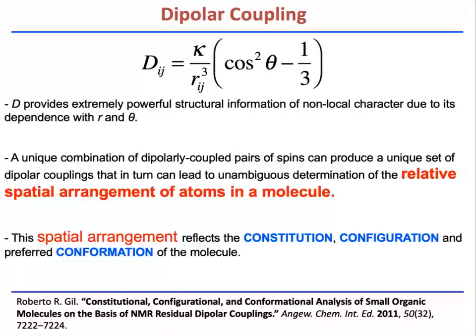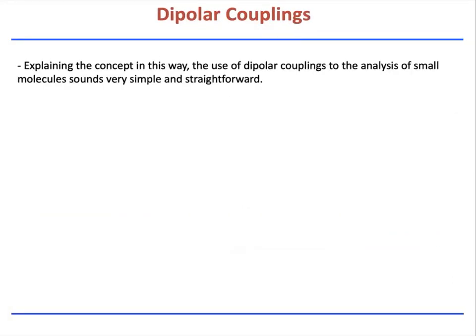Well, when it comes to configuration, we have to say that NMR cannot distinguish absolute configuration. So when we talk here about configuration, we are referring to relative configuration. Explaining the concept in this way, the use of dipolar couplings for the analysis of small molecules sounds very simple and straightforward. However, dipolar couplings